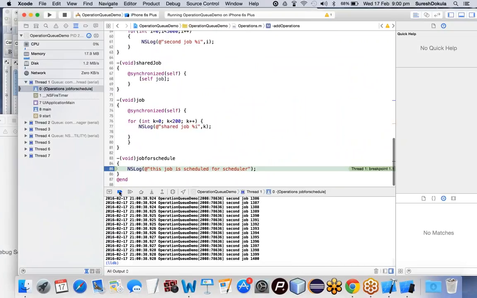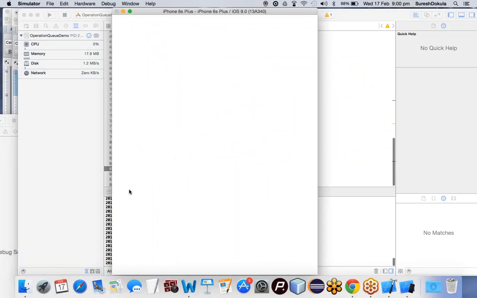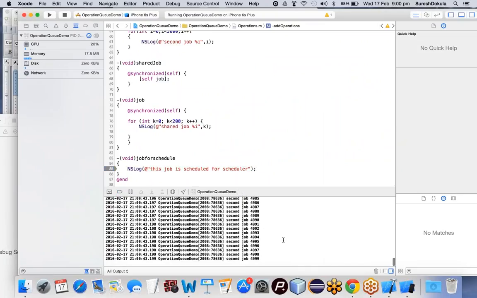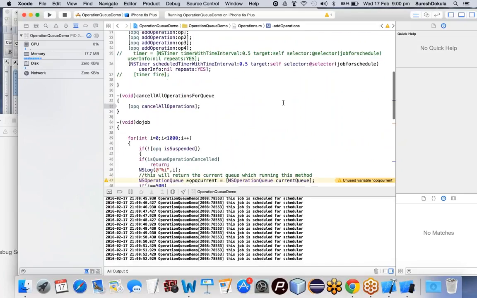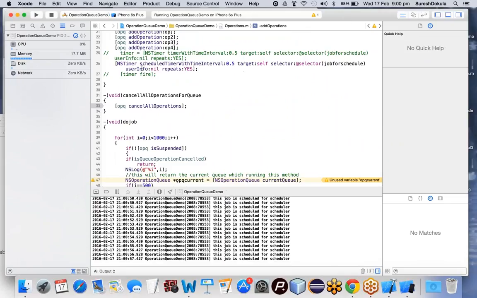So this is where I'm scheduling one job for a certain frequency of time. The job runs repeatedly because I created a timer which runs frequently with a time difference. So this is where you can schedule a job in a concurrent way if you want. Now I would like to